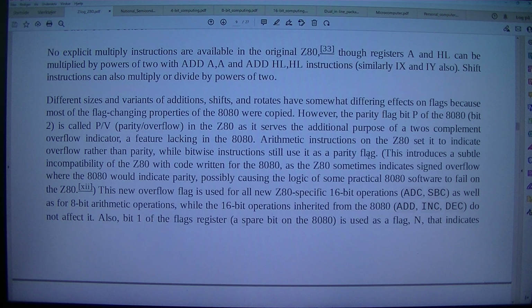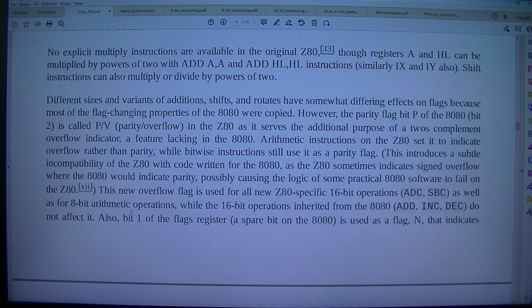Arithmetic instructions on the Z80 set it to indicate overflow rather than parity, while bitwise instructions still use it as a parity flag. This introduces a subtle incompatibility of the Z80 with code written for the 8080, as the Z80 sometimes indicates signed overflow where the 8080 would indicate parity, possibly causing the logic of some practical 8080 software to fail on Z80.[12]